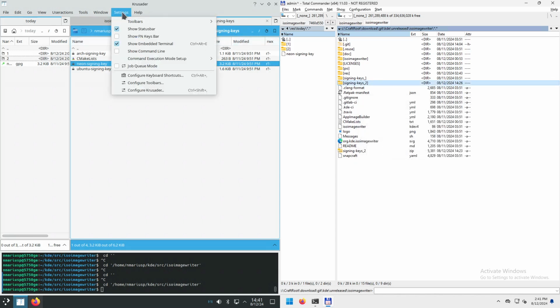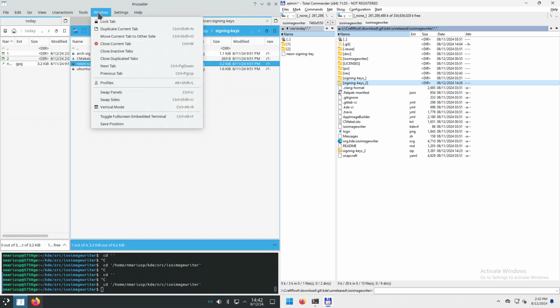Okay, in settings, you configure what to be shown by default or not. And then keyboard shortcuts, we just changed Control Delete with Shift Delete for alternate delete. I don't use toolbars, so there's no need for me to configure the toolbars. And then when I install Krusader for the first time, I configure it in a certain way using this configure Krusader. In Windows,